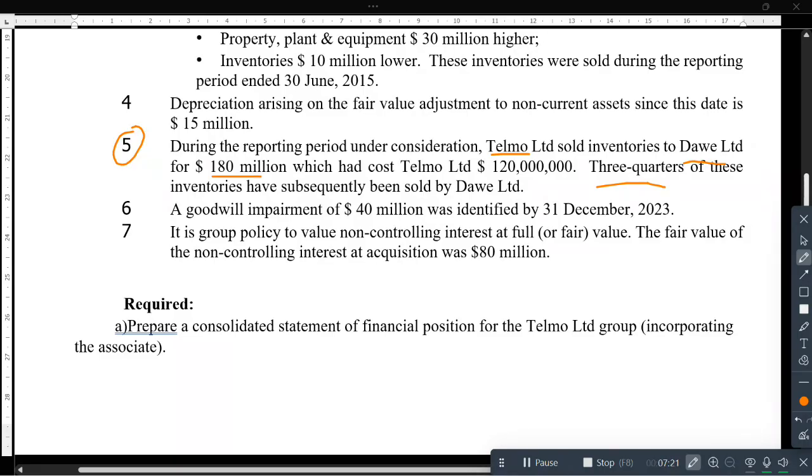A goodwill impairment of 40 million. Yes, goodwill suffers impairment of 40 million, identified by 31st. We shall start to deal with that. And now we are saying here, note 7, it is a group policy to value non-controlling interest at full or fair value. The fair value of the non-controlling interest at acquisition was 80 million. Now they are saying here, required: